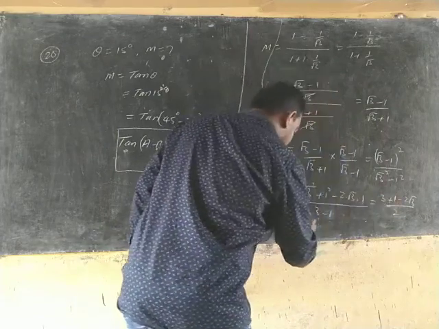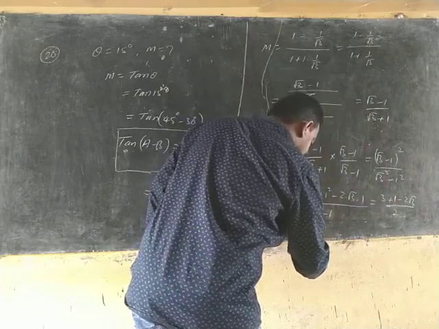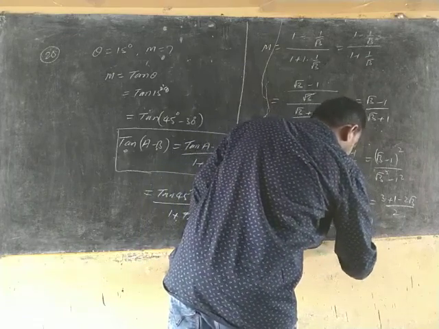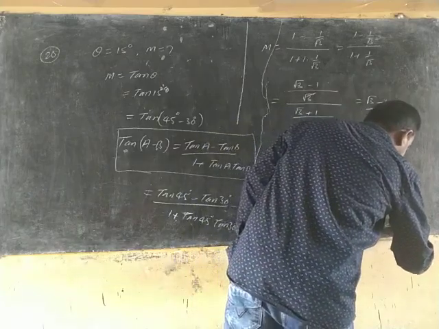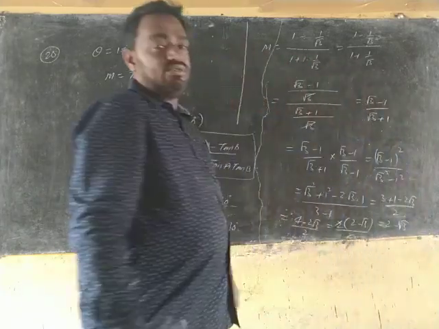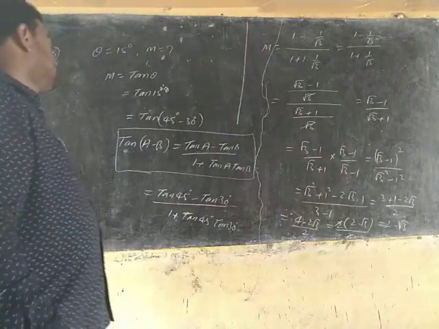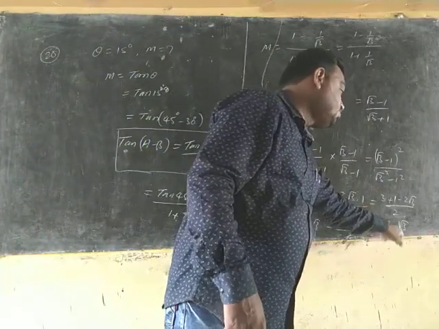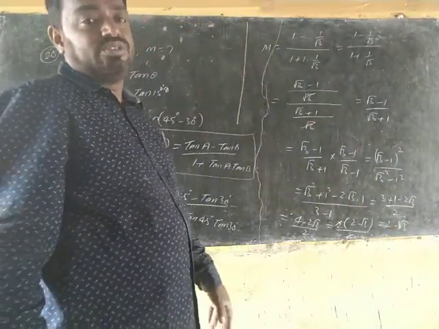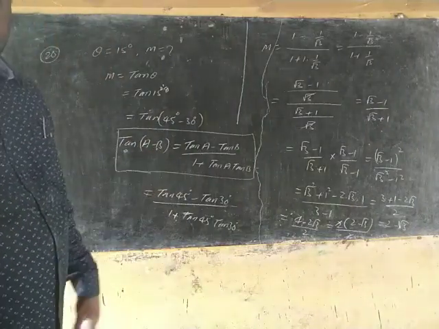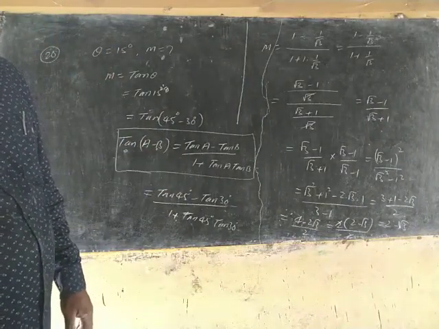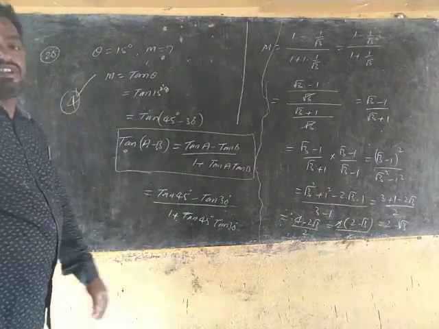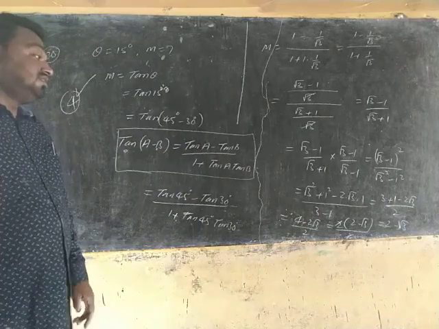And this is equal to 3 plus 1, 4 minus 2 root 3 by 2. 2 is common, so 2 minus root 3 by 2. The 2 gets cancelled, and 2 minus root 3 is our answer. That means tan 15 degrees, you remember, is 2 minus root 3. So this is the answer. Which is the right option? 2 minus root 3. Option 4 is right for this question.